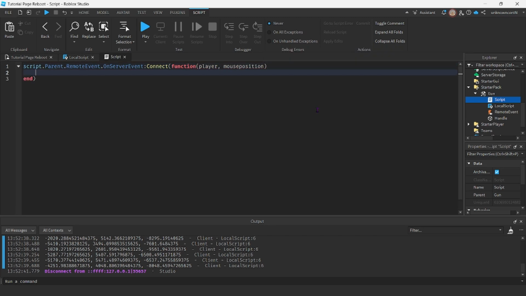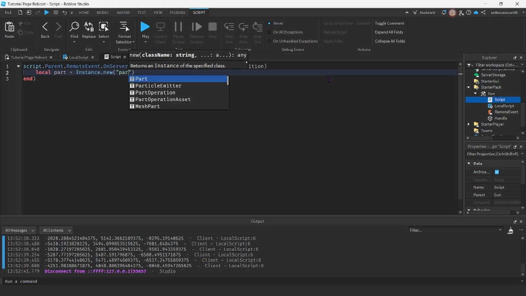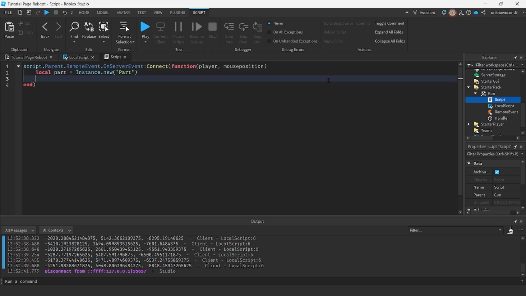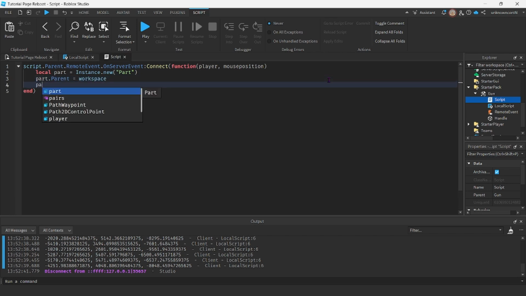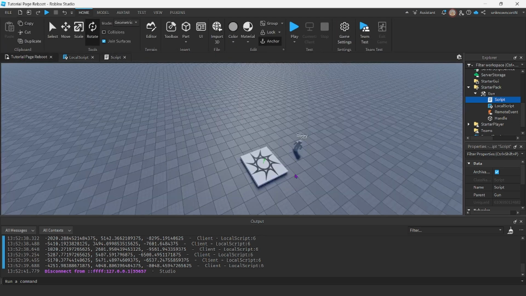now if I want to place a block at where my mouse is, we're going to have to fully create a new block and paste it into the workspace, and we could do that by saying local part is equal to Instance.new part. Okay, and then this part's parent is going to be workspace. We're going to make this part anchored, and this part is going to have the same position, so part.Position, as our mouse's position. So if we play